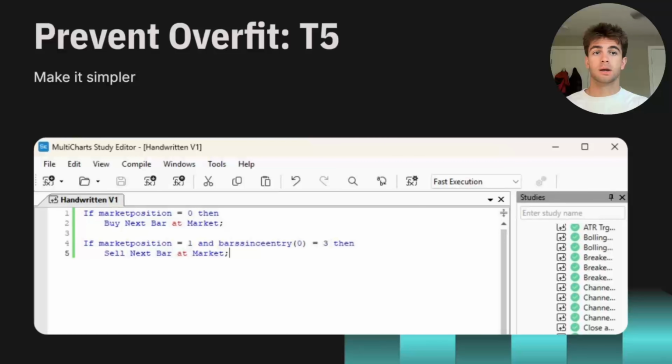A great example of this is an algorithmic strategy that essentially automates buying the dip. So S&P 500 buy and hold works if you just dollar cost average, investing the same amount every day. It works better if you invest the same amount of money, but you only invest after a 5% drawdown, a random arbitrary number. But that is an easily automated strategy, and you could very quickly overcomplicate it. But what's the idea? If the market goes down, that's when you should put your money in the S&P 500 because it will return, and that's a great time to buy. So if that is the point of the strategy, just keep it that simple.